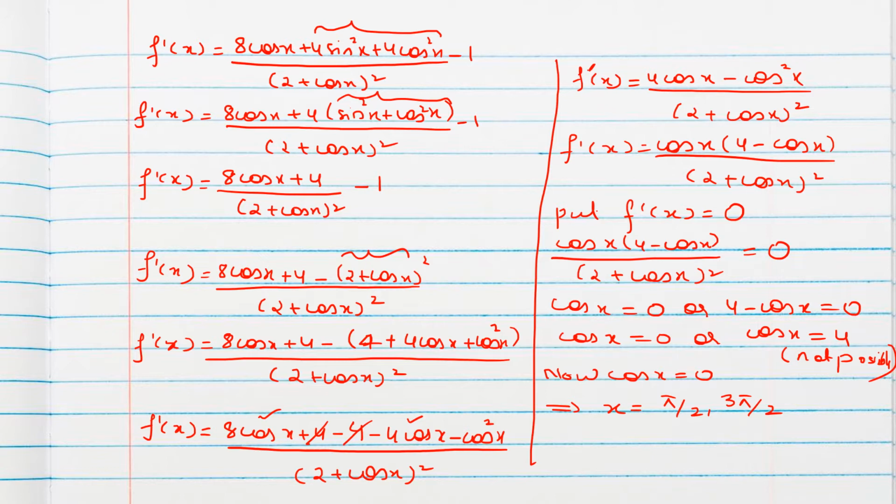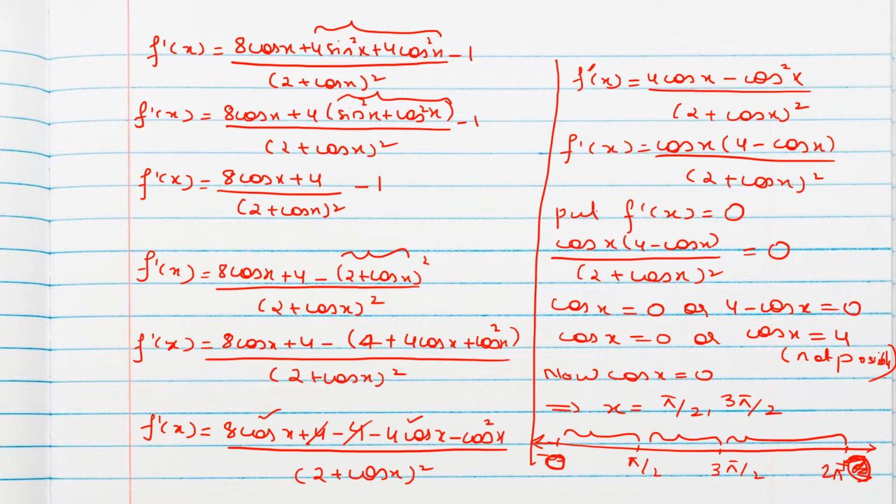That means these two critical values divide the line into intervals: minus infinity, this will be pi by 2, this will be 3 pi by 2, this will be plus infinity. So in these three intervals, we should actually consider 0 to 2 pi. So 0 to 2 pi, and here this is 2 pi. So these three intervals it is dividing.